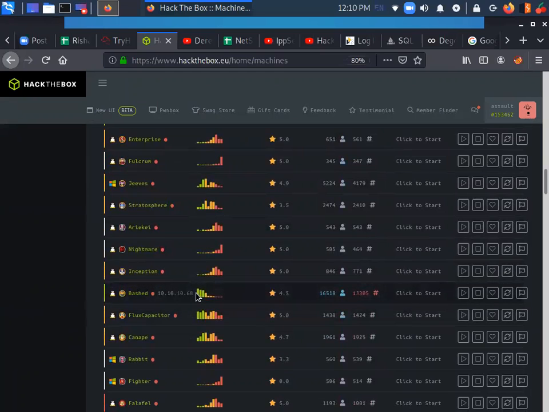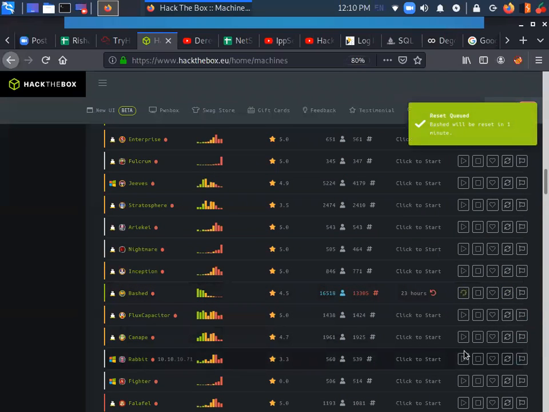Let's do Bashed today. This is Linux. Let's copy this IP address, click on play, and reset this machine. So I have deployed the machine to the lab.